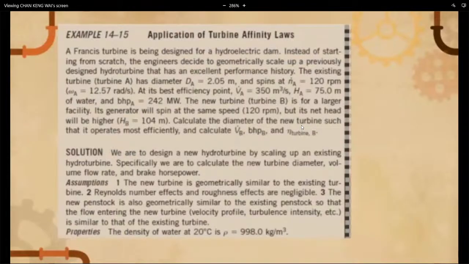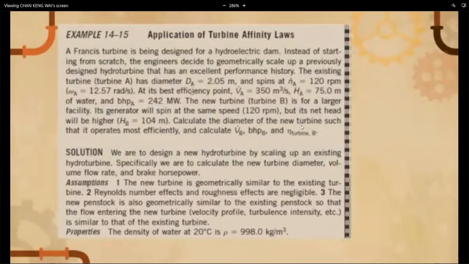Okay, so we will look at one example. The first turbine is being designed for a hydroelectric dam. Instead of starting from scratch, the engineers decide to scale up the previous design, because the previous design has excellent performance. The existing turbine, called turbine A, has a diameter of 2.05 meter and spins at 120 RPM, or in terms of omega, 12.57 radian per second,